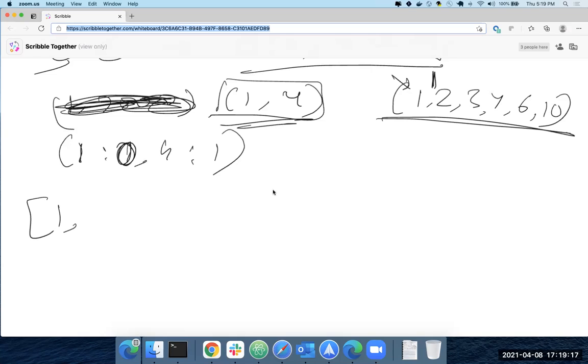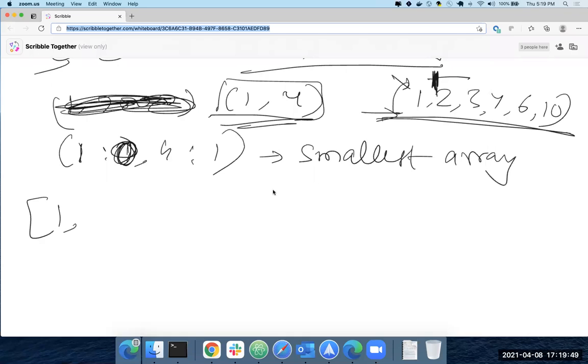Okay, and if it is not there, you just ignore it. So if you build a map for the smallest array, you can do this in order of the smallest size space complexity. So if there's another one, since there is nothing here, I don't add it. Either you can delete it from the map or you can add it to your result only if the value is greater than 0. So you're still iterating through both arrays, but your space complexity comes down, because you're only using a hash map as big as the smallest array.